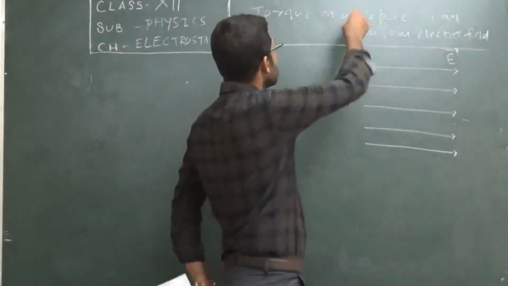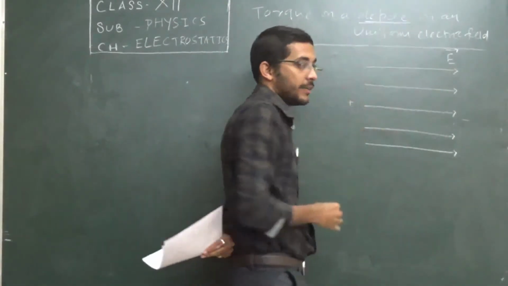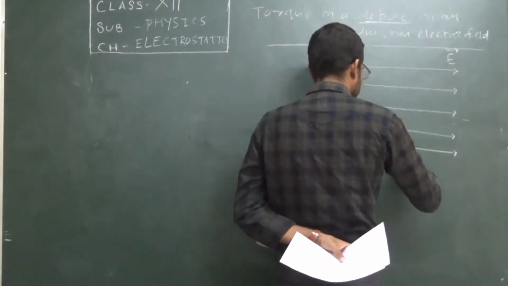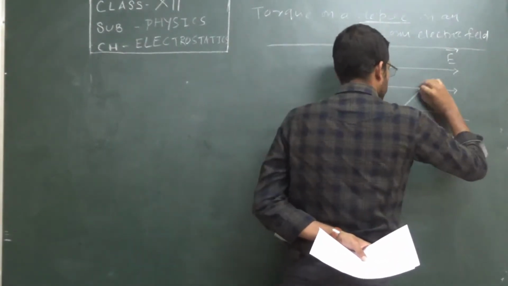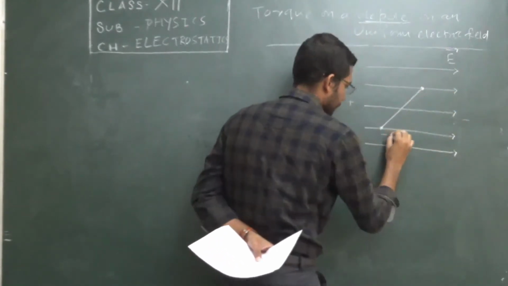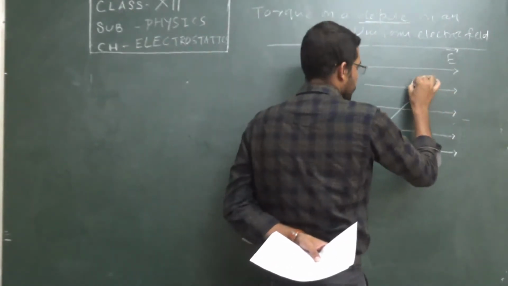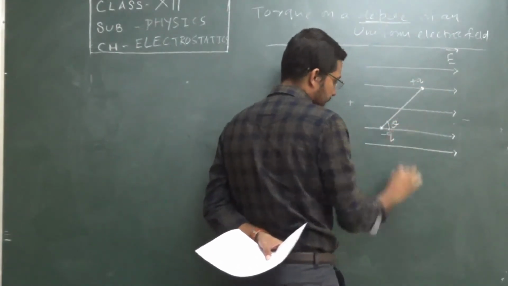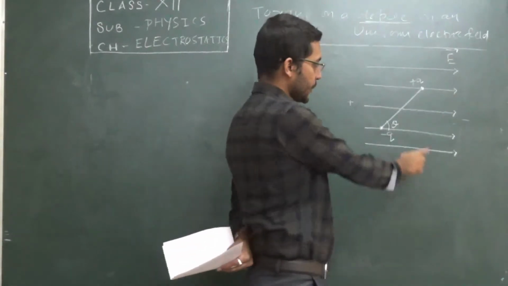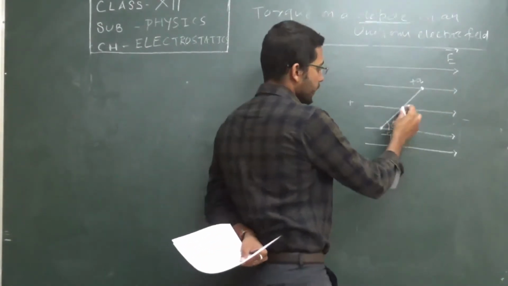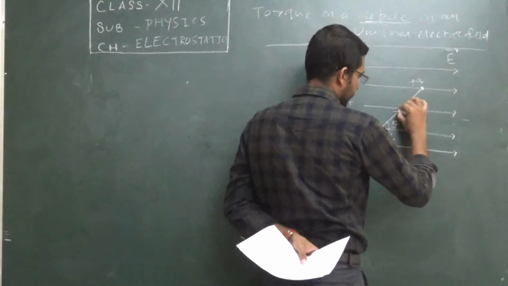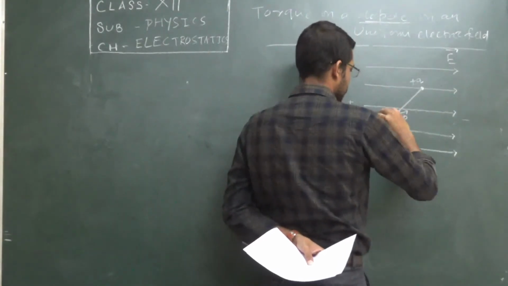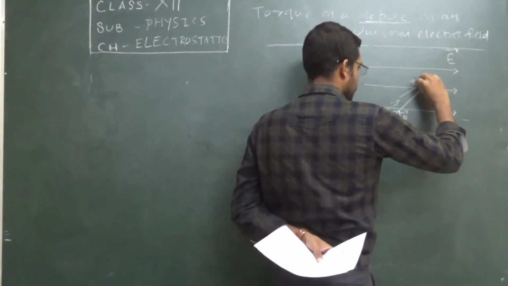So now what is the heading of ours? A dipole is going to be placed inside this electric field. Let us consider I am going to place a dipole here. Let us say this one has a charge of minus q, this one a charge of plus q, and let the dipole make an angle of theta with the electric field. And we know that the dipole moment is always along this p vector, and this length is 2a. This is the dipole concept.